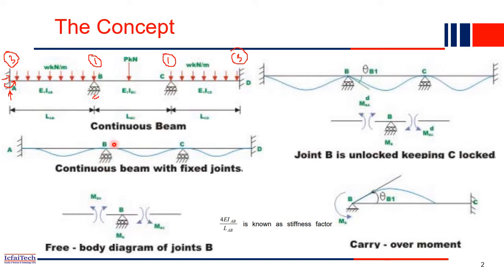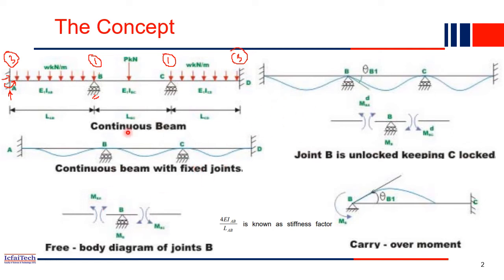But what we did is we locked both supports, B and C, which means we fixed them. Once we fixed them, we will have a reaction moment, a fixed end moment, at both B and C, right? So that is our first job, to calculate the fixed end moments. I'll give you predefined equations, a table showing what the fixed end moment would be for different loading conditions. Anyway, in the next slide I'll show it to you.